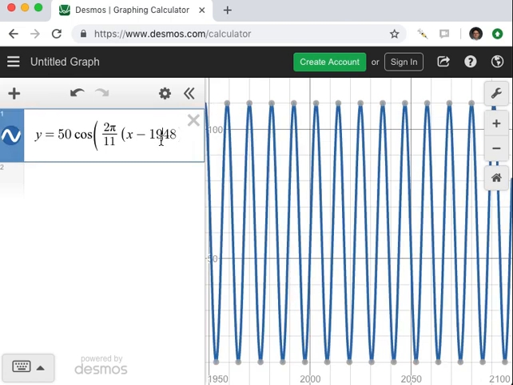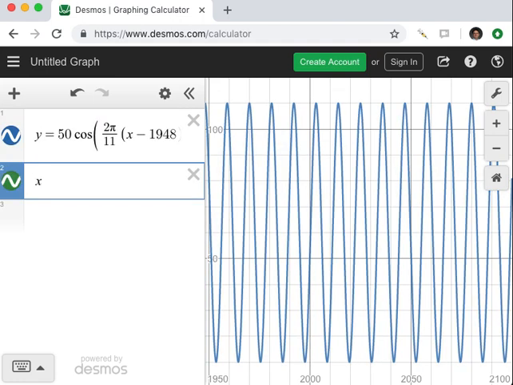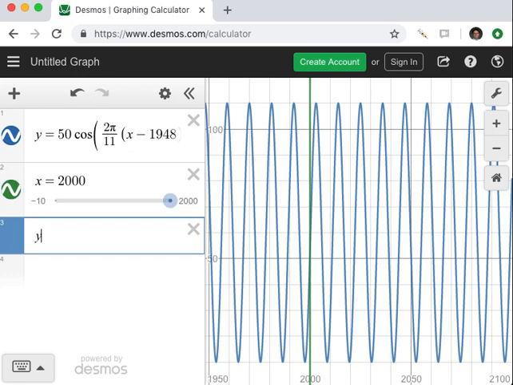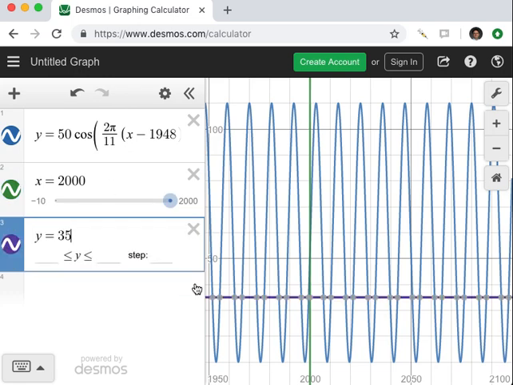Now the question is, what is the first year after the year 2000? So I'm going to show you the year 2000 on my graph. That's right here. There's year 2000. So we want a year after that year where it is first about 35. And so here is,